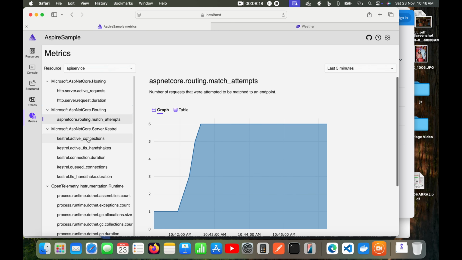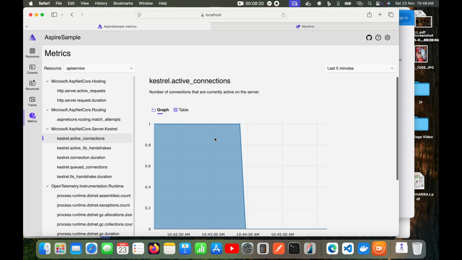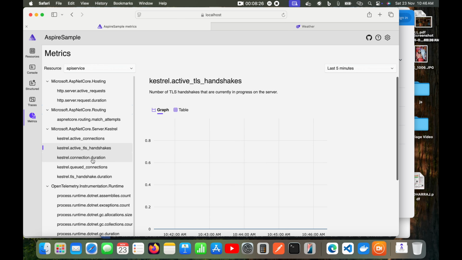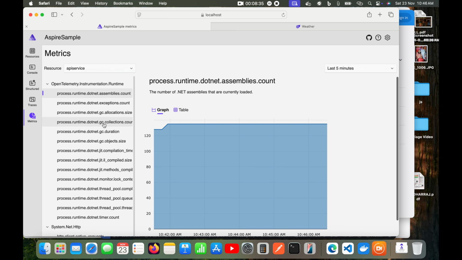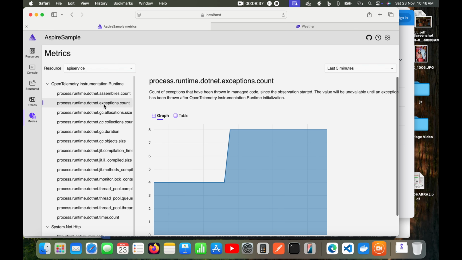So yeah, the next is Kestrel active connection. Currently no active connection. It went to 0 from 1. TLS handshake is empty. Currently duration, no duration. There is no connection here. Okay, so these OpenTelemetry details we can also see here. Exception counts we can see here,